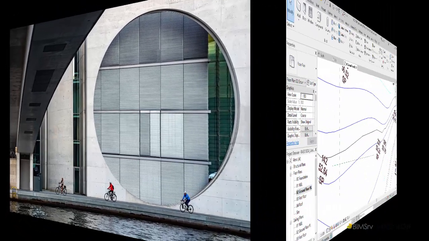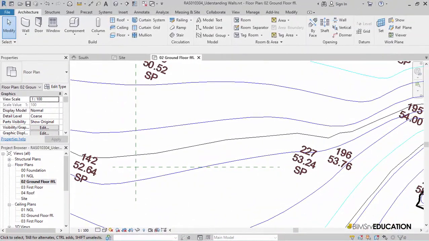Let's open the exercise file understandingwalls.rvt. When we open this file, we see the two intersecting reference planes. One is a vertical plane while the other one is a horizontal one. The intersection is where we have set our project base point in an earlier video. You can find a link to this video in the information box on top right of this video, as well as the description box below.